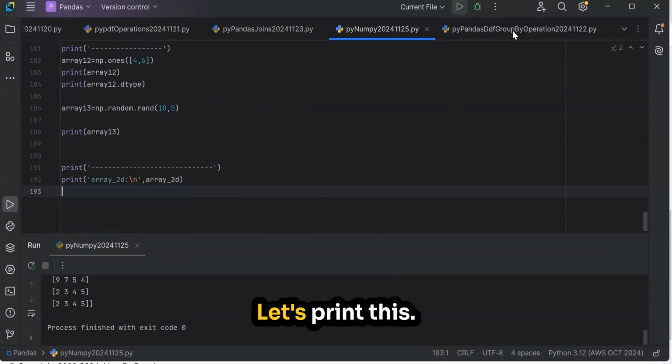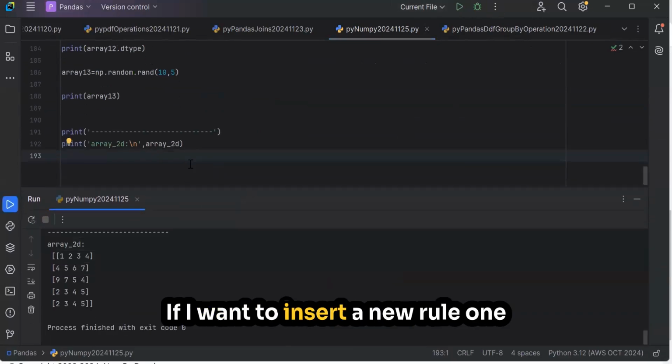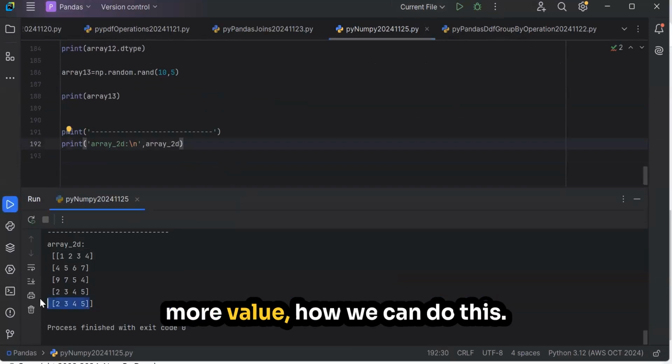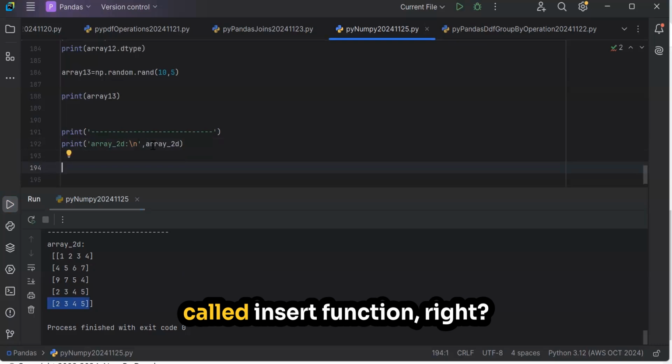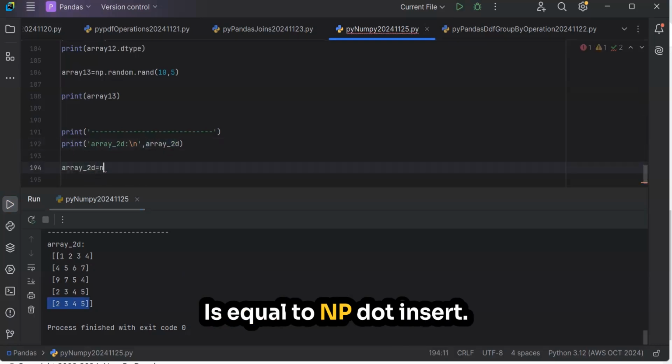So let's print this. Okay, if I want to insert a new row, one more value, how can we do this? So there is something called insert function, right? Is equal to np dot